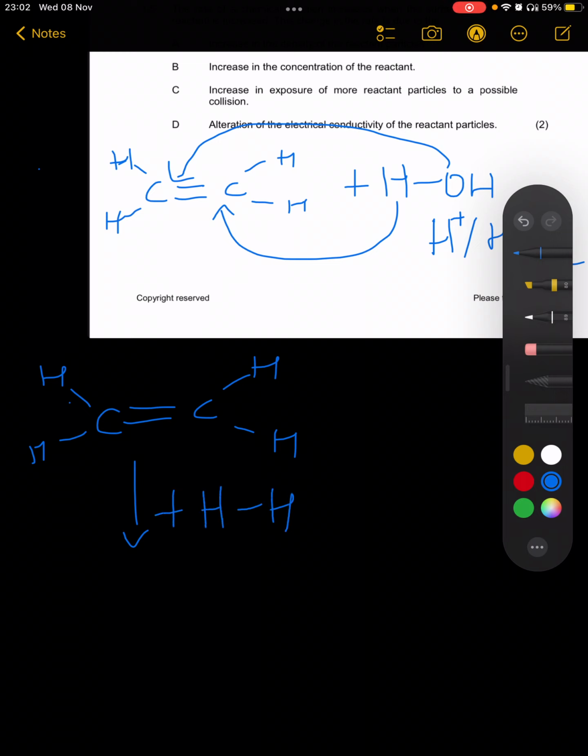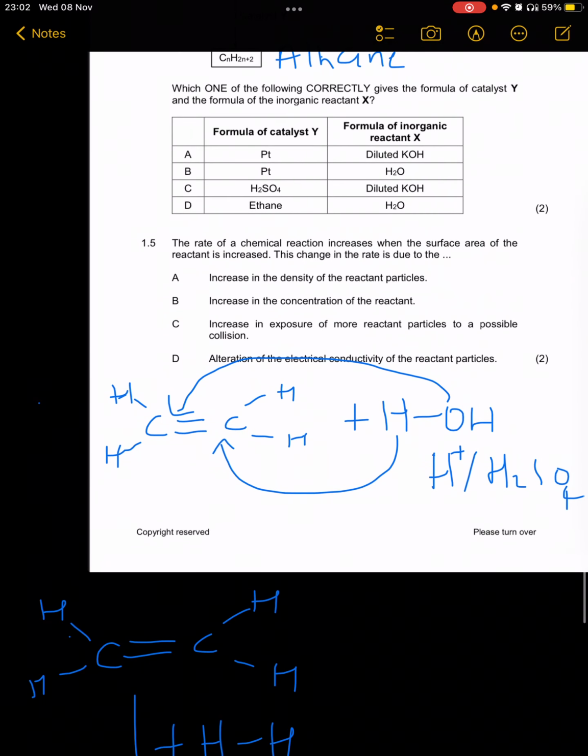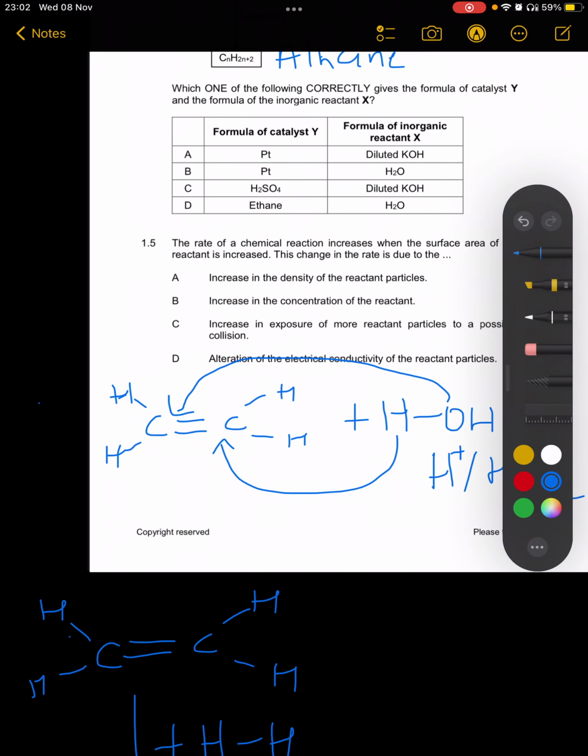Hydrogen, which goes under the presence of a catalyst, platinum or Raney nickel. But in here we're only given platinum. So therefore the correct answer in here would be option B. This one here. I know I said this question is going to be mainly focused on organic chemistry, but